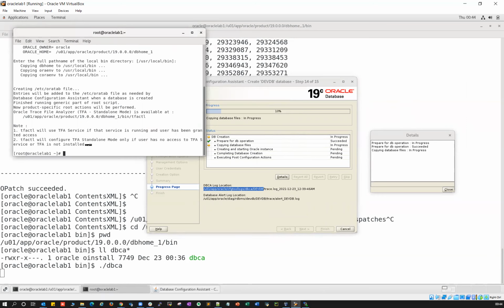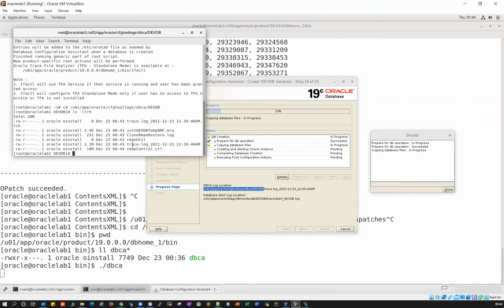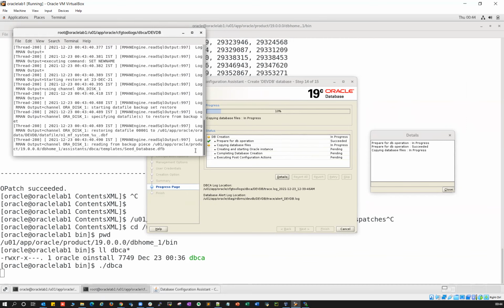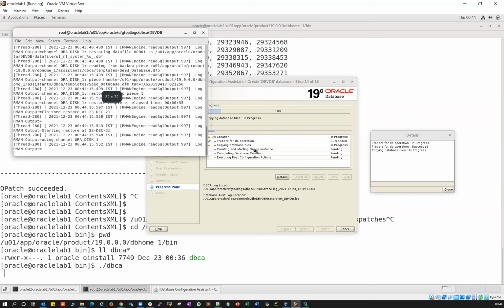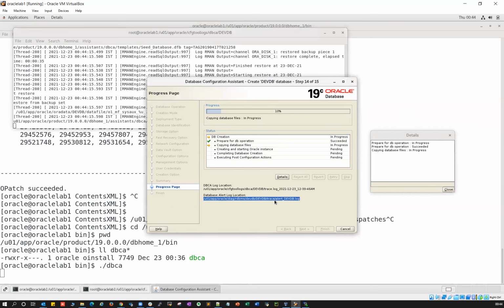I can go inside devdb, run ls -ltr, and this is your trace file. Then tail -f the trace file, and this is your installation progress. If you want, you can also tail your database alert log. I'll take one more session.